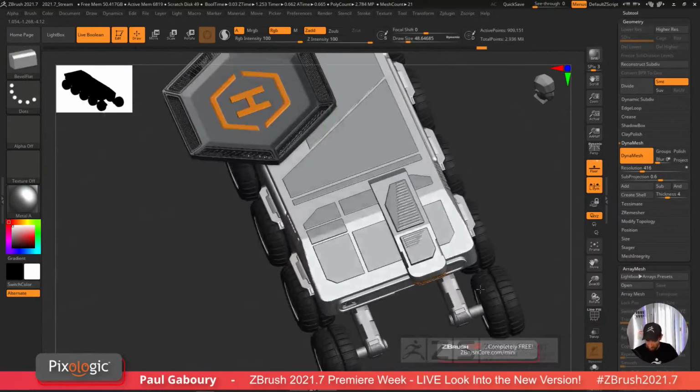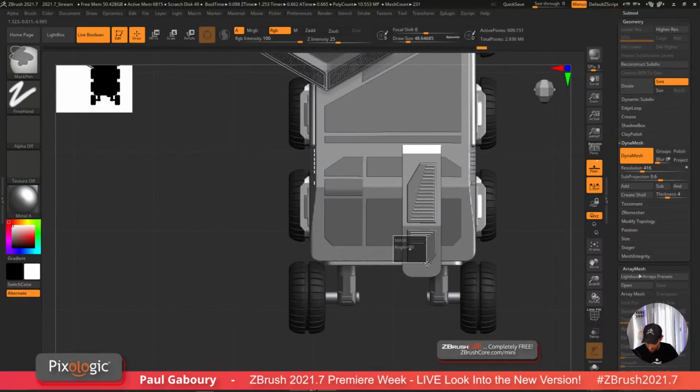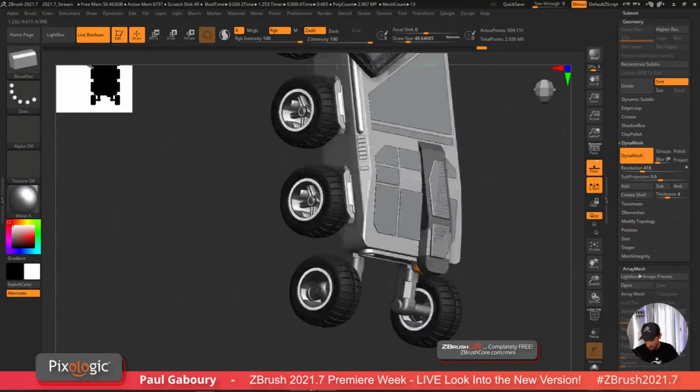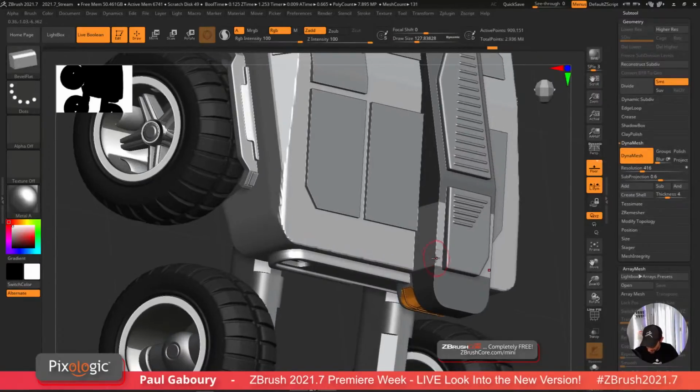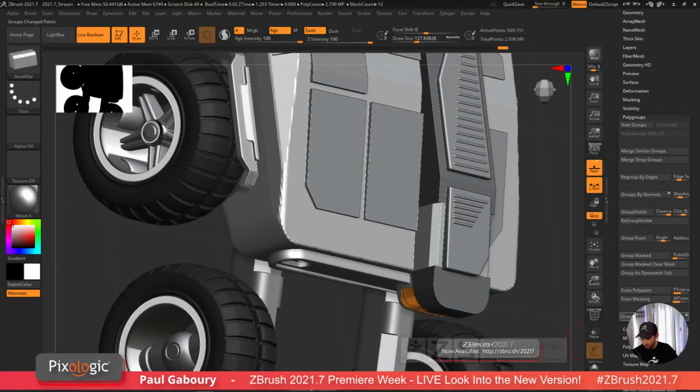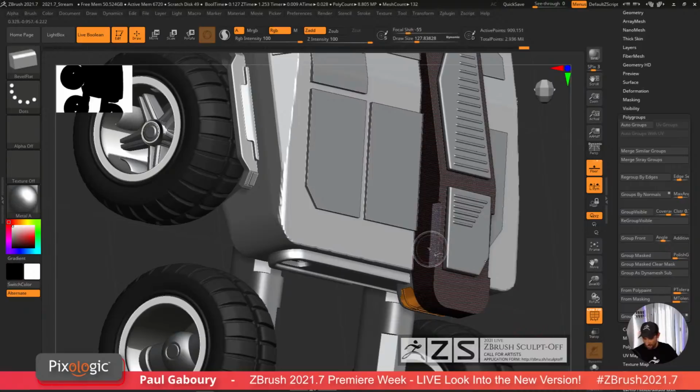Now, what I would probably also do with this is put a nice little mask here, so then I have a clean mask, and go from here to here, so that I have that. And now what's also very nice is in your polygrouping, you have the polygroup last changed points. And then now this